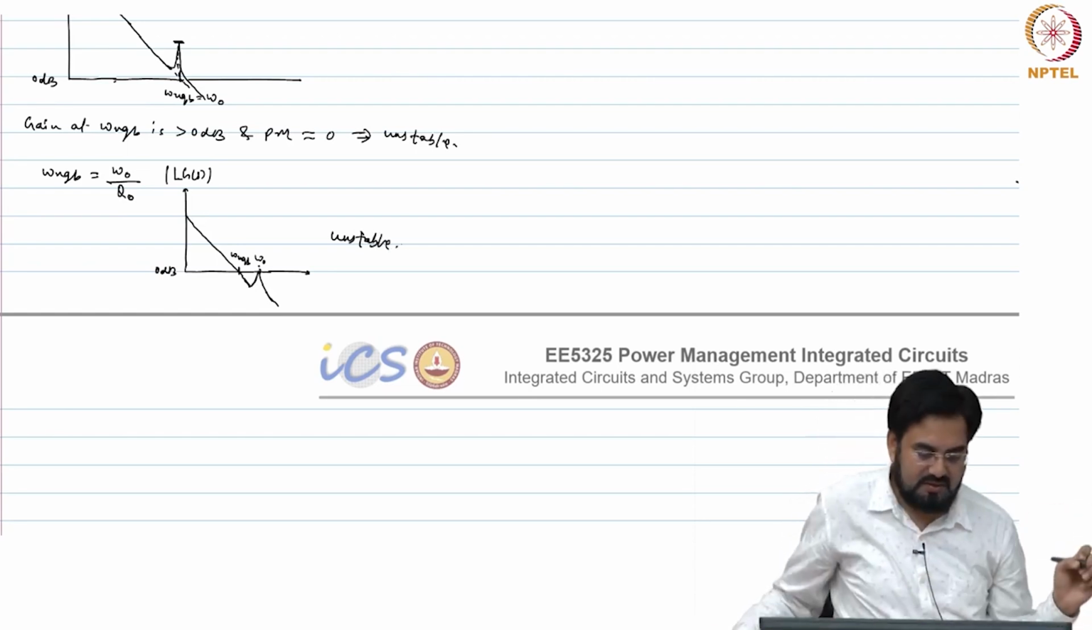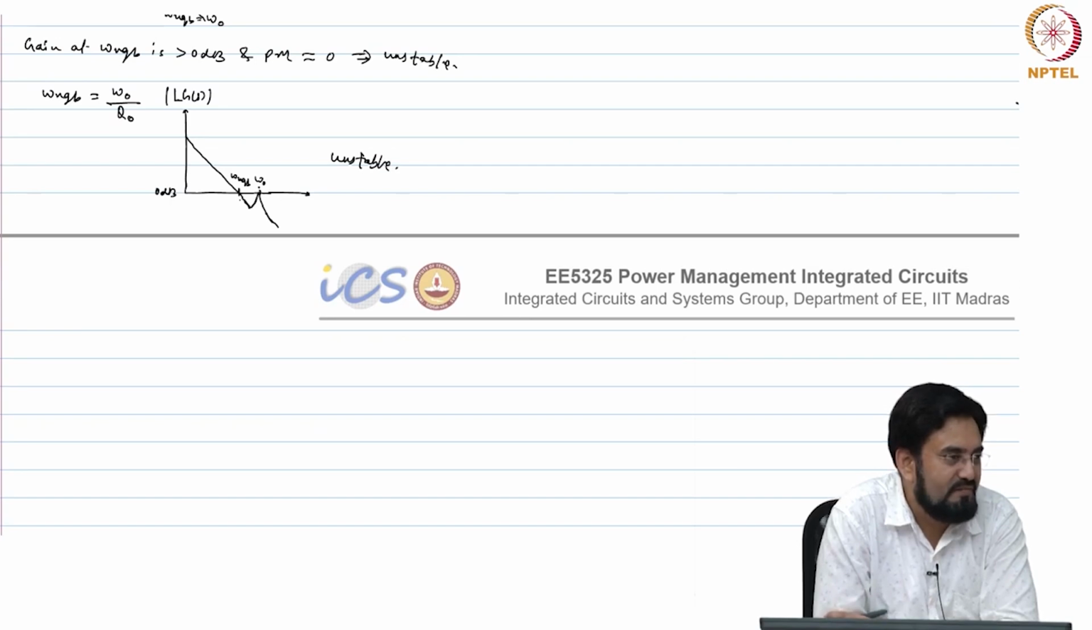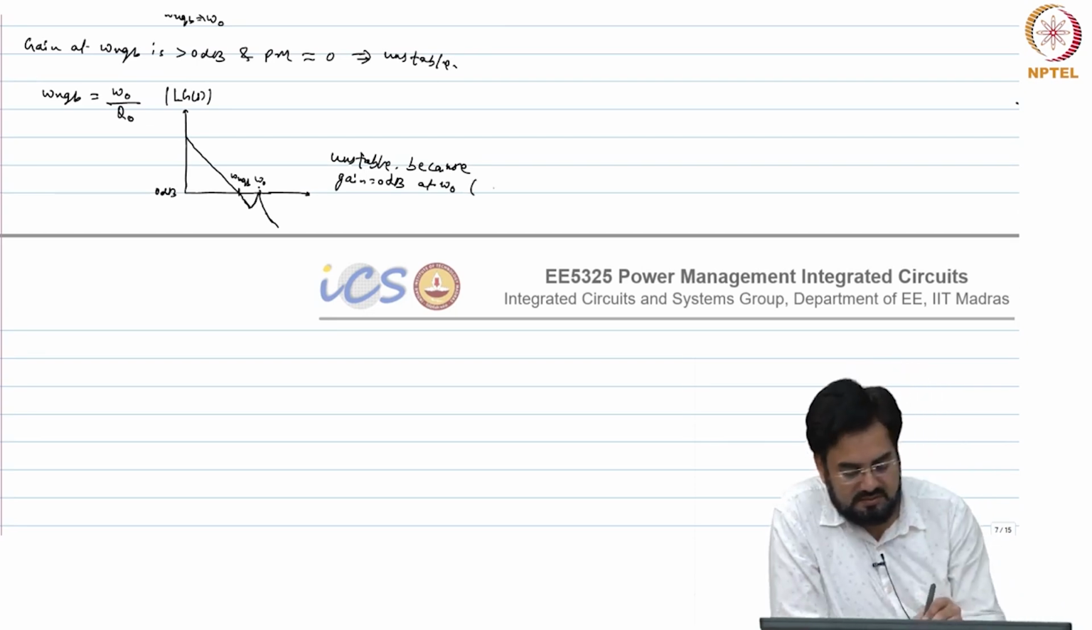Unstable because, if you look at UGB, you may get a good phase margin at UGB, but the problem is the phase margin at omega naught is reduced, or in other words, the gain margin is basically 0 here, because the gain is equal to 0 dB at omega naught. So the gain margin is equal to 0 dB,